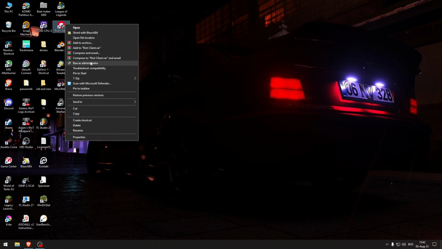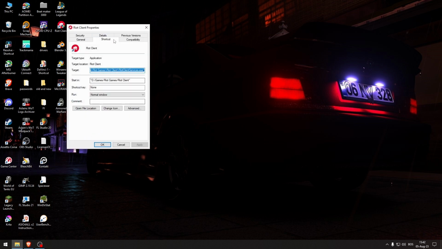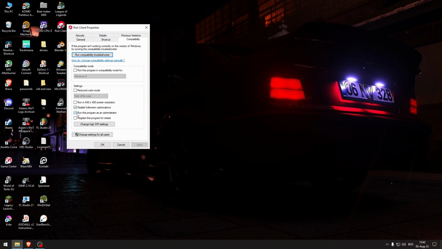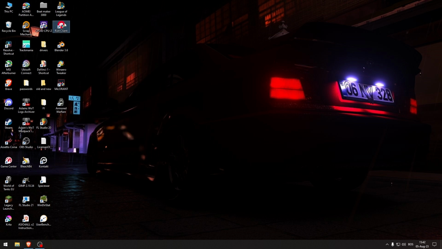Or if you don't want to do that, you can just go to properties, go to compatibility, and make sure that run this program as an administrator is checked, and also run this program for Windows 8, and then click apply. Now if it doesn't want to open because it's technically running and you don't see it anywhere, you just